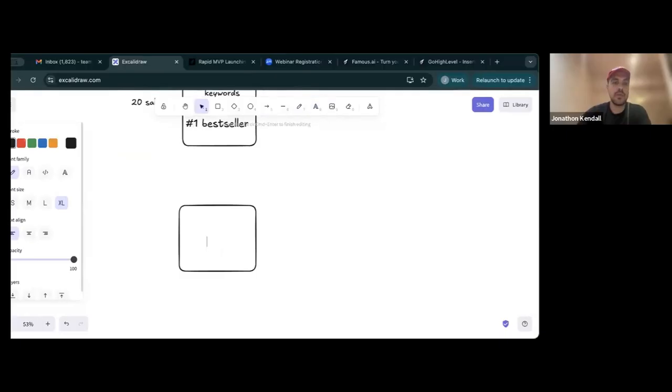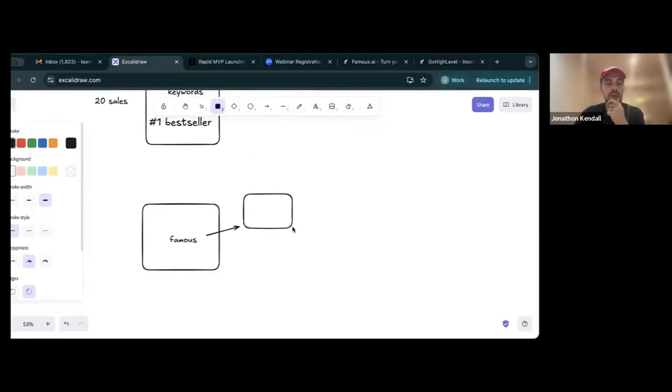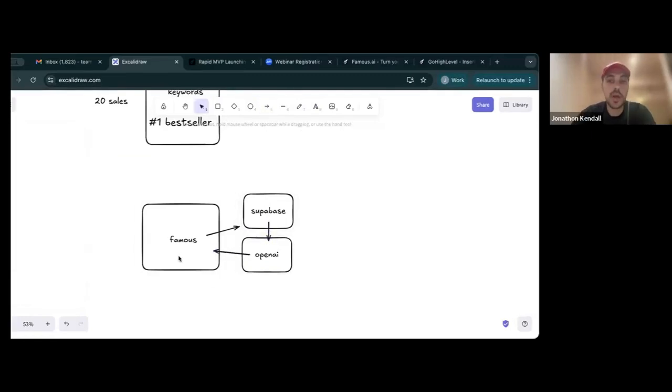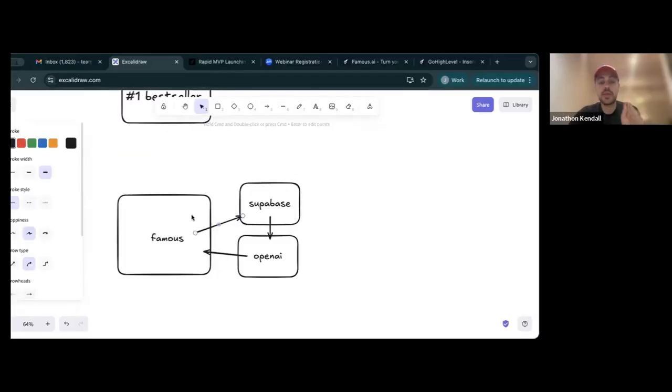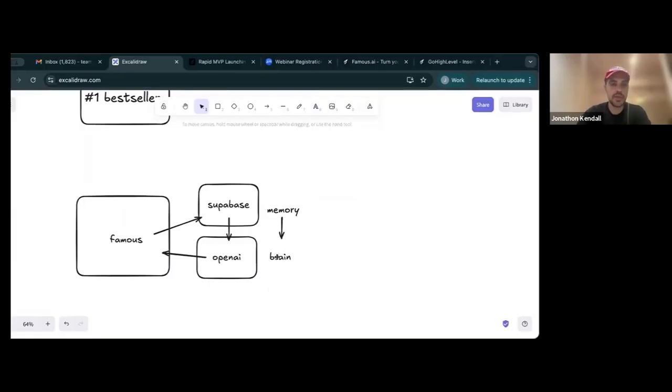I've talked about this before, but you have Famous as your essentially coding front end. And a lot of you guys can do really cool front ends, but sometimes you get hung up on the Supabase or the integrations with OpenAI. We've talked about this before, but whenever something happens on your app, whether it's a mobile app or a web app, basically whatever's happening on the front end in Famous will go into Supabase, which is your memory, and then it will say, oh, okay, I gathered this information about this user, and then they want this thing. OpenAI is essentially the brain, and then it will go back into the app and actually perform the function that you want. This is the flywheel, if you will.